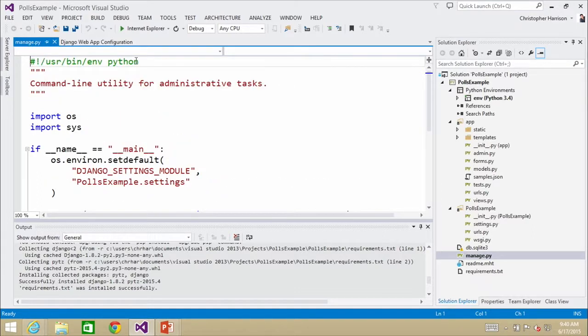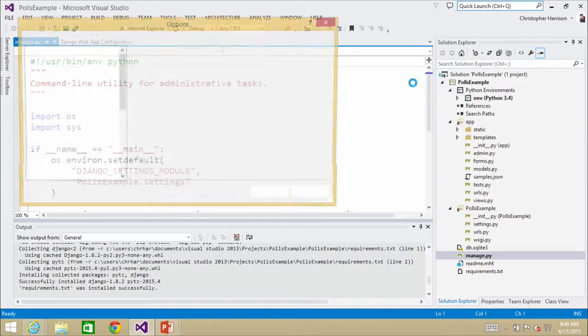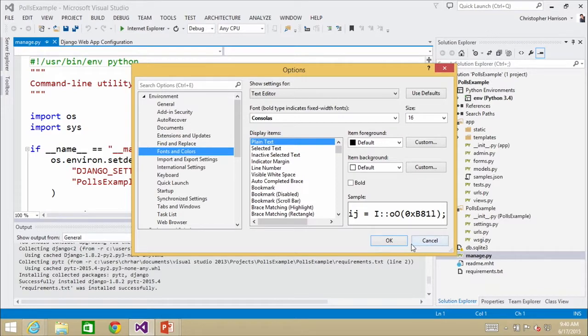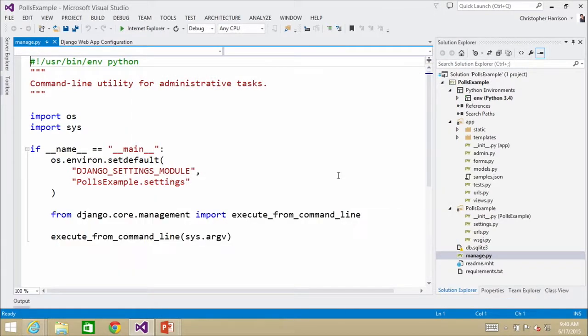So first of all, there's our manage.py file, and let me make sure that I'm on 16-point font so that way Danny doesn't yell at me, and I think I am. I'm good. OK, there we go. Danny, again, is our studio guy. He loves it when we call him out.